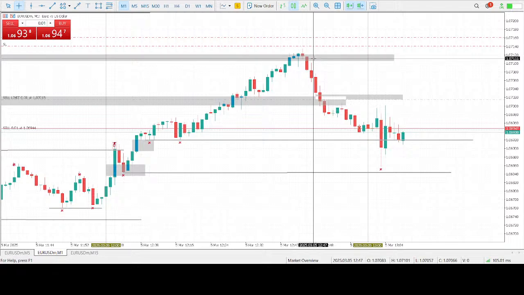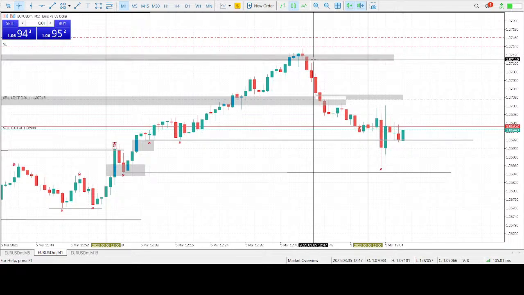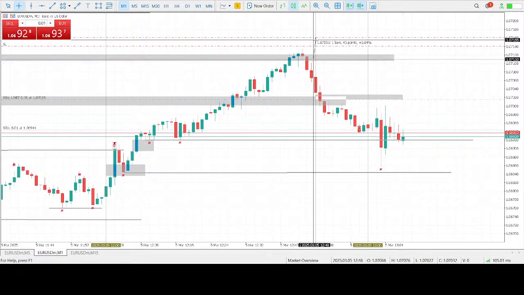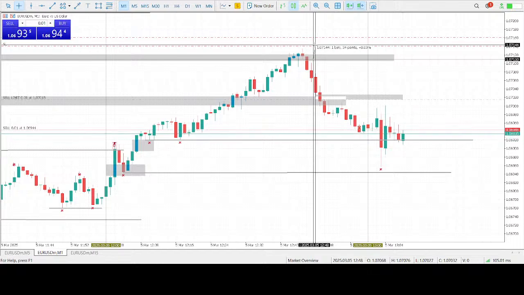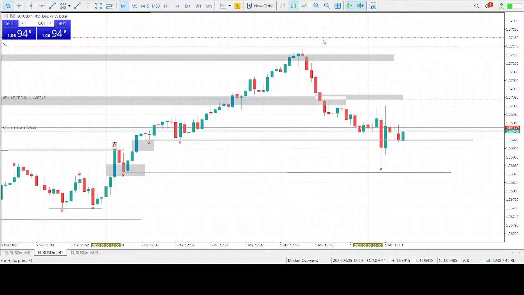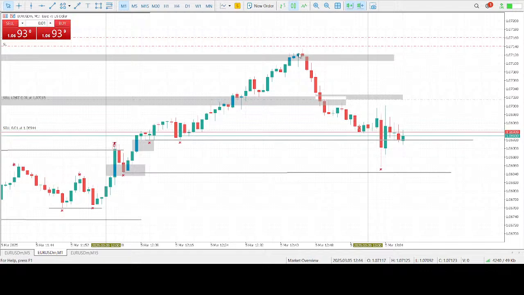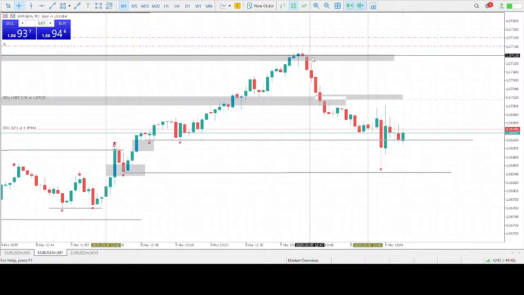Quick stop from here would be 71.5, 71.1 to 71. I think just about that. I would not want my stop loss to be